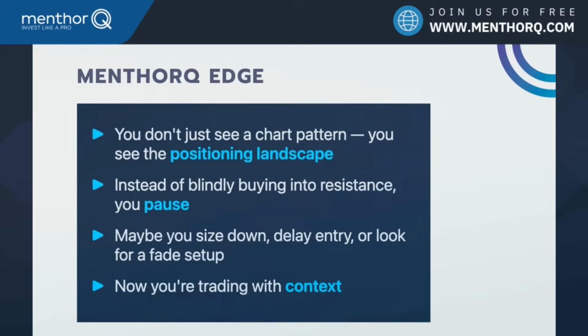So the point is that instead of trading using lagging indicators, you're actually now trading with context. So you understand where the forces that drive the market, which are the option dealers and the systematic flows, can actually make or break your trade. So this is how you can actually trade with data. You can actually have better entries. You can actually stay away from bad trades. And basically, you're literally mimicking the way professionals trade.